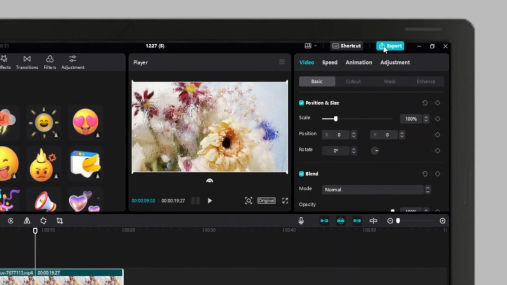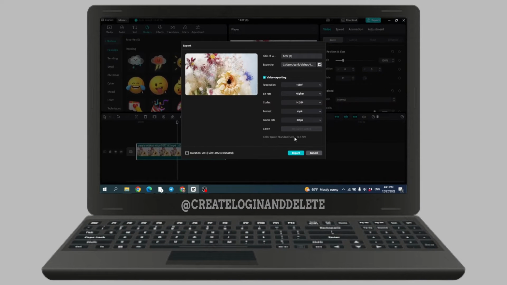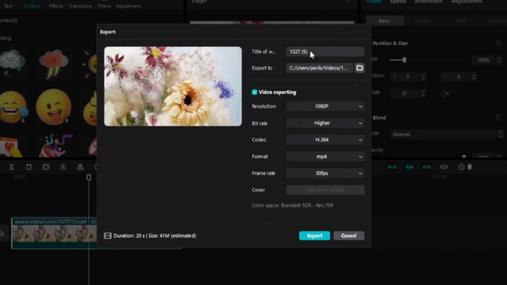At the top right corner you can see this option of export. Click on it. Now over here you can find different options. At the top you can see that option of title. You can give a title to your project and then you can just select where you want to export your